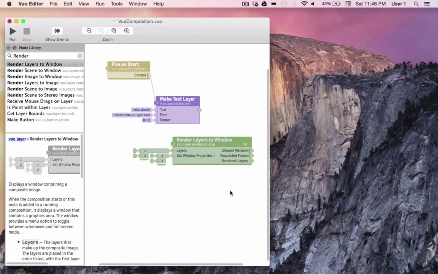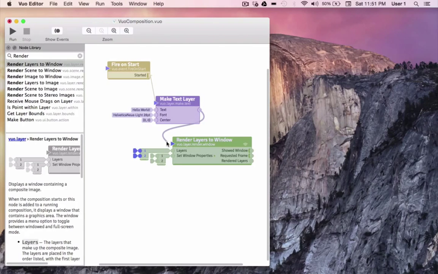Now I'll begin to drag a cable that will contain our text layer plus our original event, and notice that our Layers port lights up, as well as the refresh port. And if I hover the cable over the refresh port, notice that our cable switches from a thick data plus event cable to a thin event only cable. This demonstrates that we could bring the data of our text layer plus the original event to the refresh port, but that our data would automatically be stripped away because refresh ports only receive events.